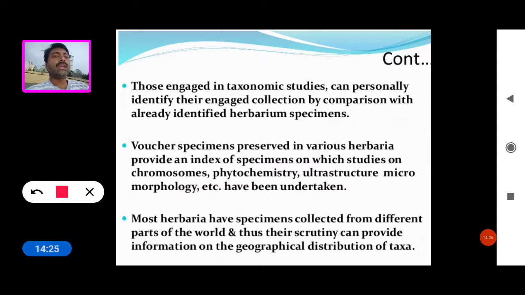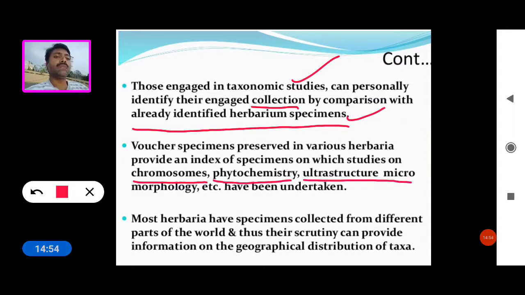Those engaged in taxonomic studies can personally identify their collection by comparison with already identified herbarium specimens. And voucher specimens preserved in various herbaria provide an index of specimens on which studies on chromosome, phytochemistry, ultrastructure or morphology have been undertaken.